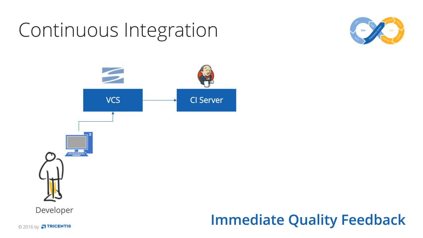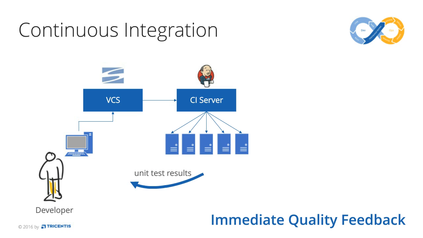Based on the versioning system, a continuous integration server such as Jenkins would trigger a compilation and would trigger test executions. Typically, when you speak to developers, they focus here on unit tests. Unit tests are good, unit tests are necessary, and we see that more and more for new developments, unit tests are created. But always keep in mind, in an enterprise environment, unit tests are not sufficient for a full quality